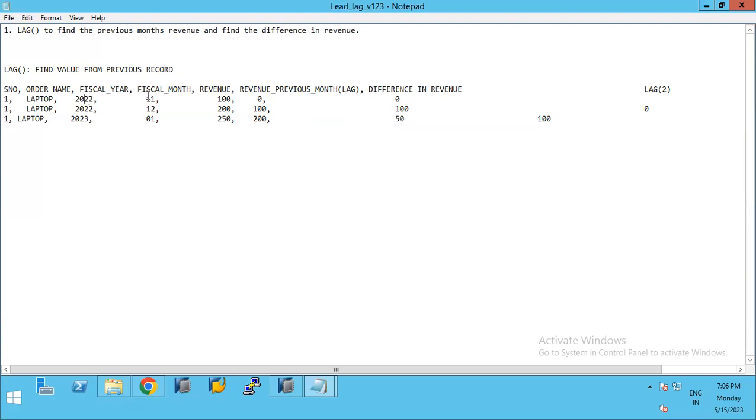Here I have the revenue of 2022 December, and this 2022 November revenue, and I'm subtracting and finding the difference in revenue, by which I can say, okay, I have done $100 extra of revenue by comparing 2 months of revenue data. In the same way, I can do lag of two